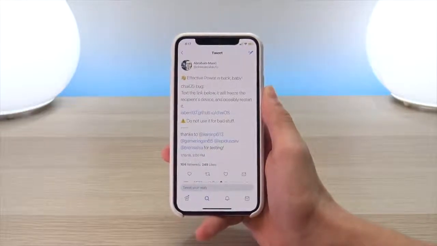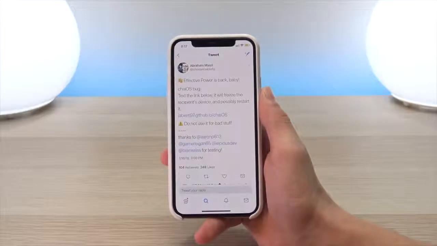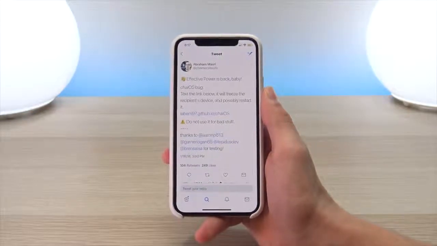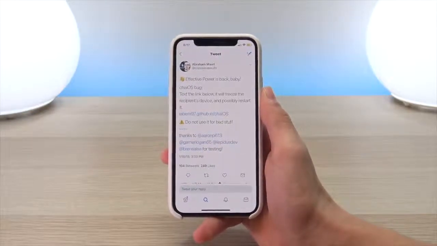This bug also impacts the Messages app on macOS as well, causing the app to freeze and not reopen after quitting out. So in this video, I'm going to demonstrate what this glitch looks like,